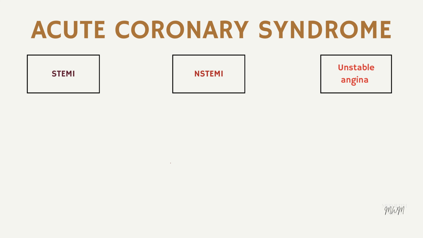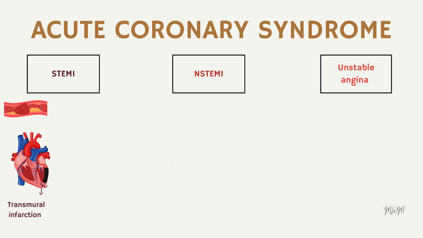Acute coronary syndrome includes three main types: STEMI, NSTEMI, and unstable angina. In STEMI, there is complete occlusion of a coronary artery causing a transmural infarction, meaning the entire thickness of the heart wall is affected. On ECG, we see ST segment elevation, and importantly, troponin levels will be elevated due to